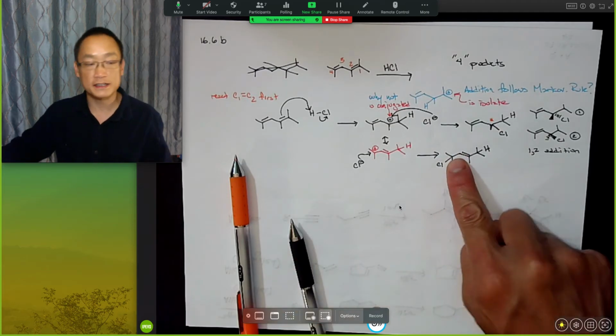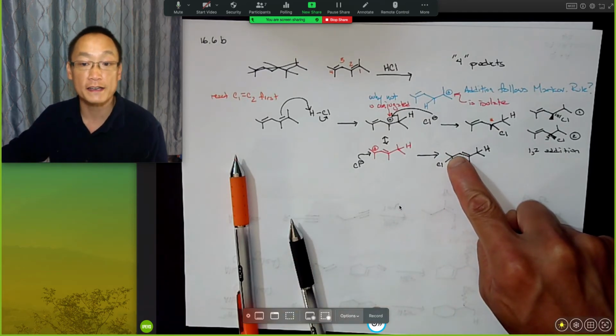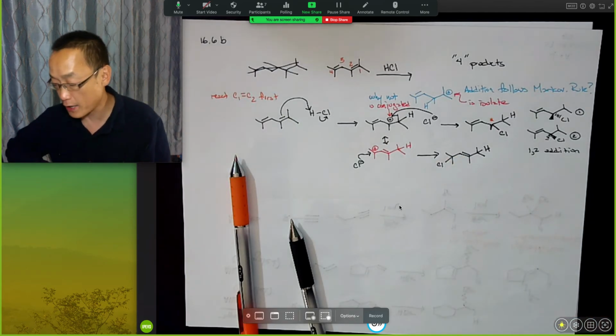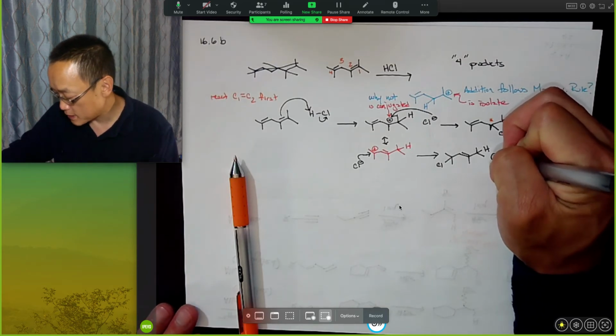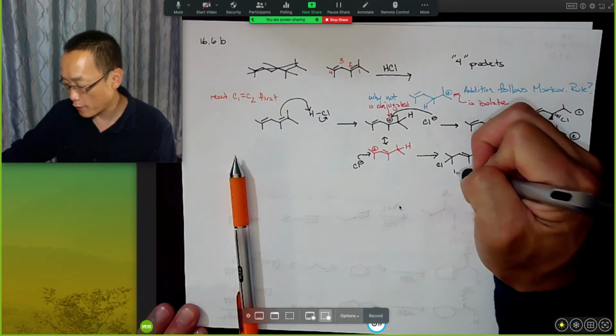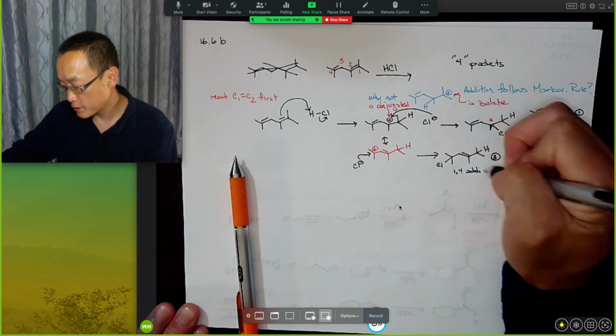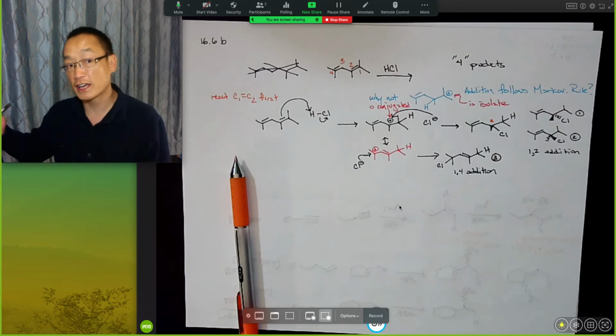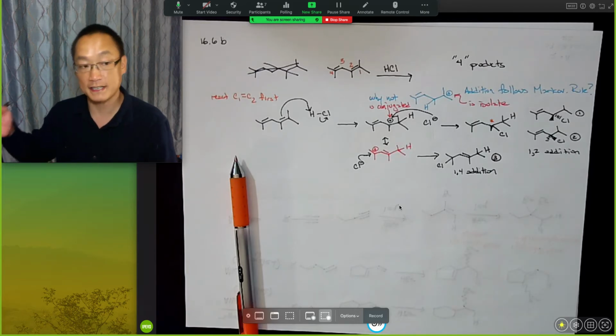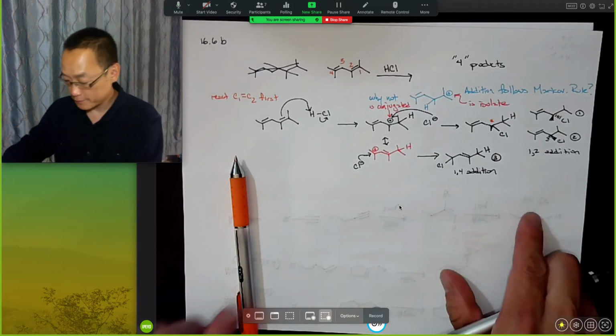But in asking the same question, once we've done that, is this carbon right here chiral? It fails the test for chirality, and therefore this is the third product from the 1,4 addition of HCl to that molecule, if we're looking at that from the right hand side going to the left. Okay,